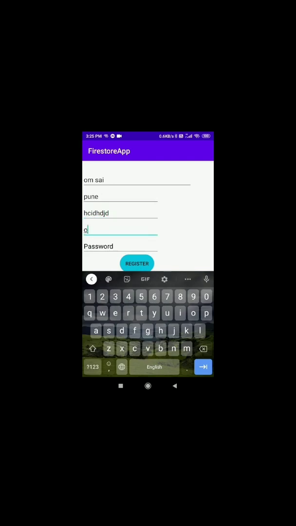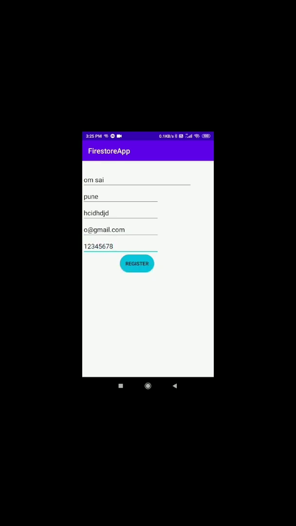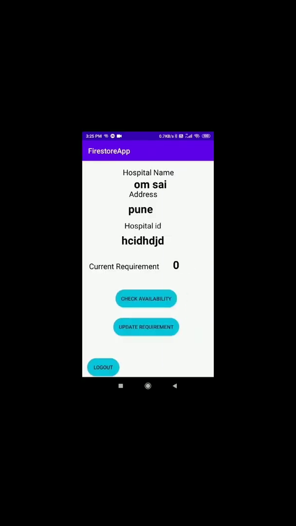It has to be an email ID for authentication purposes, and a password. So as we can see, the user has been registered, and is redirected to the home screen.